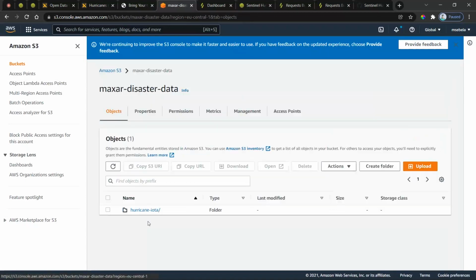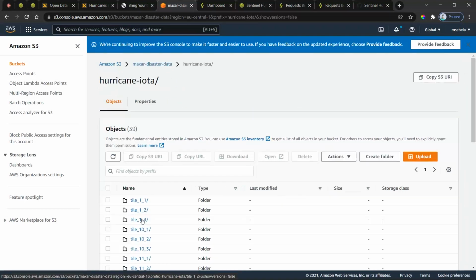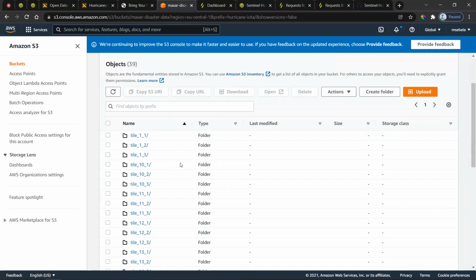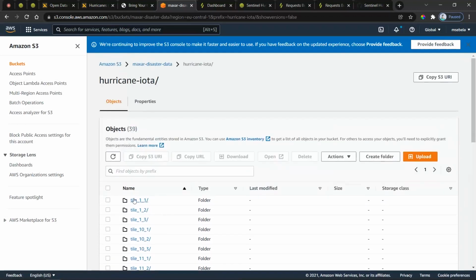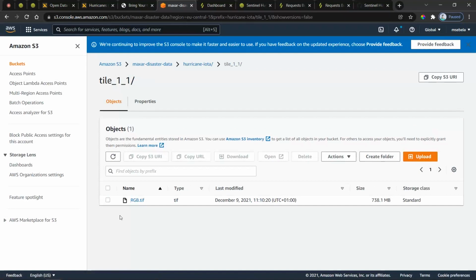This is this one. And you can see that I have created a folder Hurricane IOTA, because this is how it is named on the Maxar website, even though the tile is actually from the data before the hurricane, the TIFF, sorry. And in this file, we have uploaded all the tiles, and you can see there are quite a lot of them. And now if I click on one of them, here is the actual TIFF that we have decided to name rgb.tiff. This final destination file actually now includes the RGB bands, and we now have to add